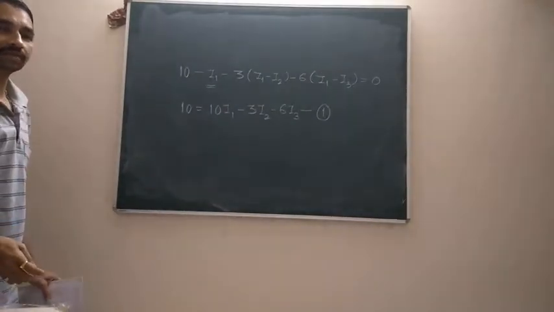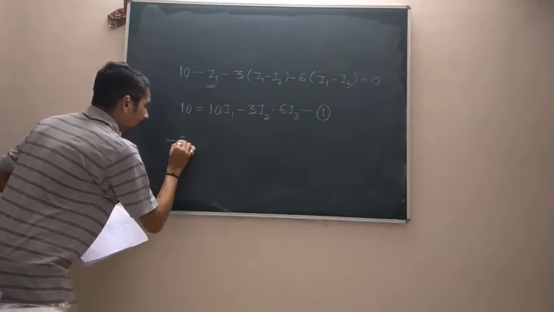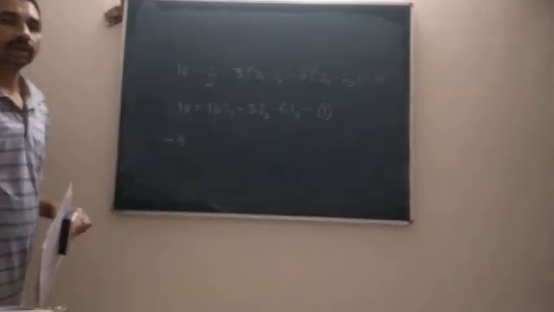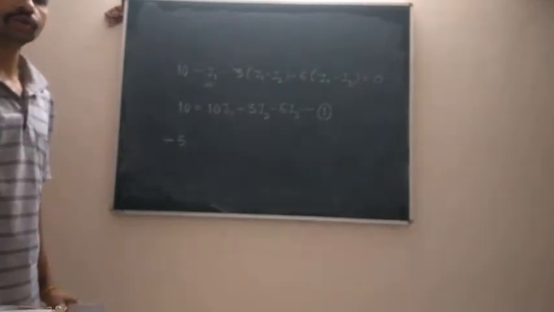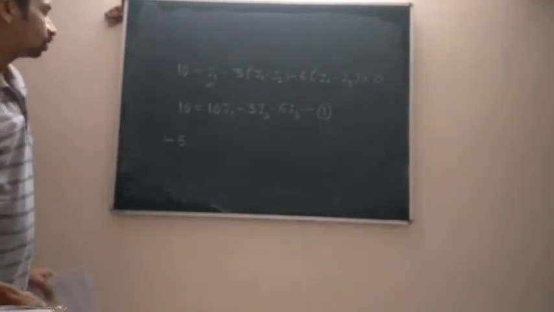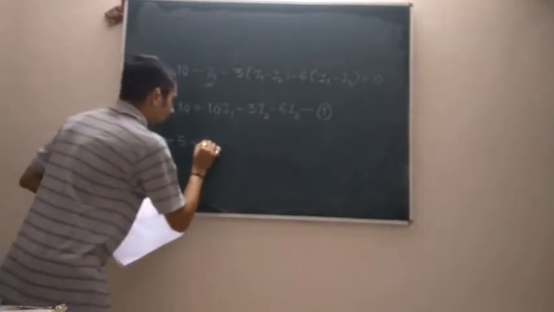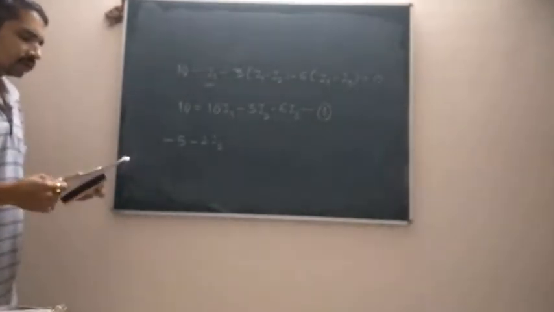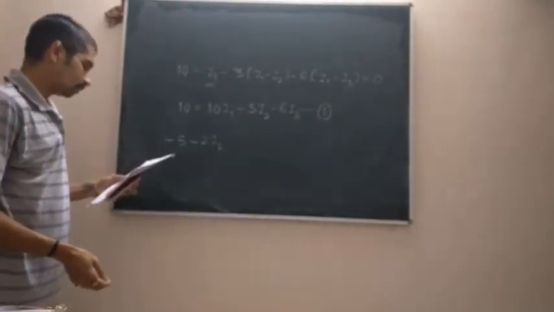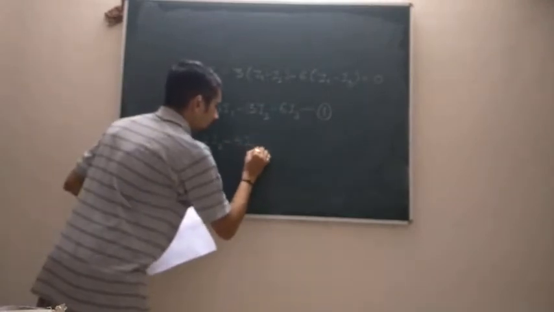Potential as far as that 5 volt battery source is considered, and therefore I have to put a negative sign with that battery source. As I am going to move from positive to negative, there is going to be a drop in potential. So it will be minus 5 volt, minus 2I2, as only current I2 is flowing through the given resistor. It will be minus 2I2, minus 5I2,